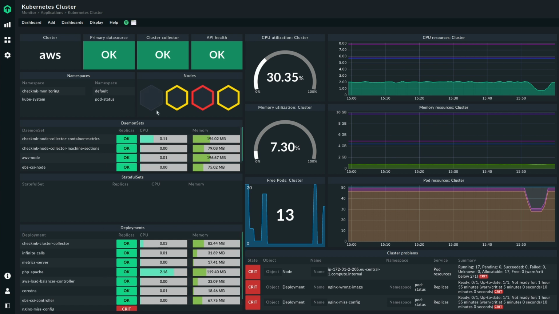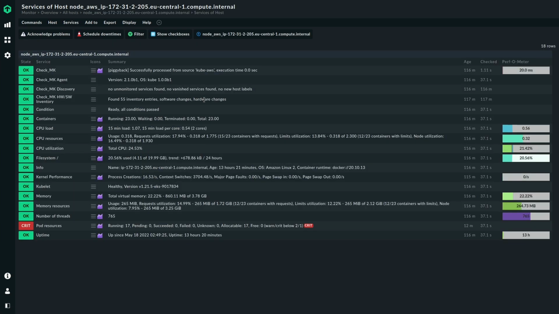But you can still see a couple of our nodes are having issues. Some of our nodes don't look too healthy. Let's take a look at them to get a view on the node monitoring, which comes with the CheckMK monitoring of CheckMK 2.1. Okay, here is the view of the services of the host. And as you can see, there still are here on the pod resources, it's still critical because it's still